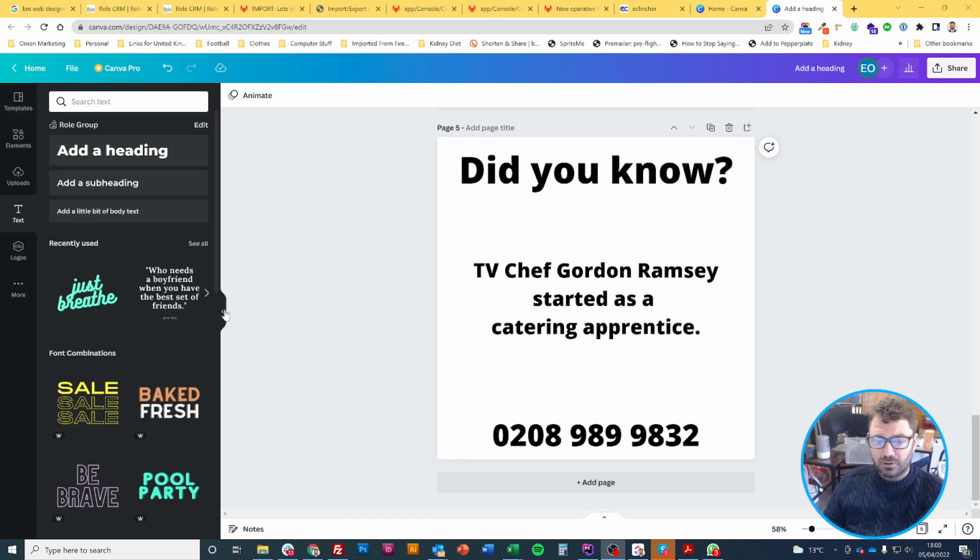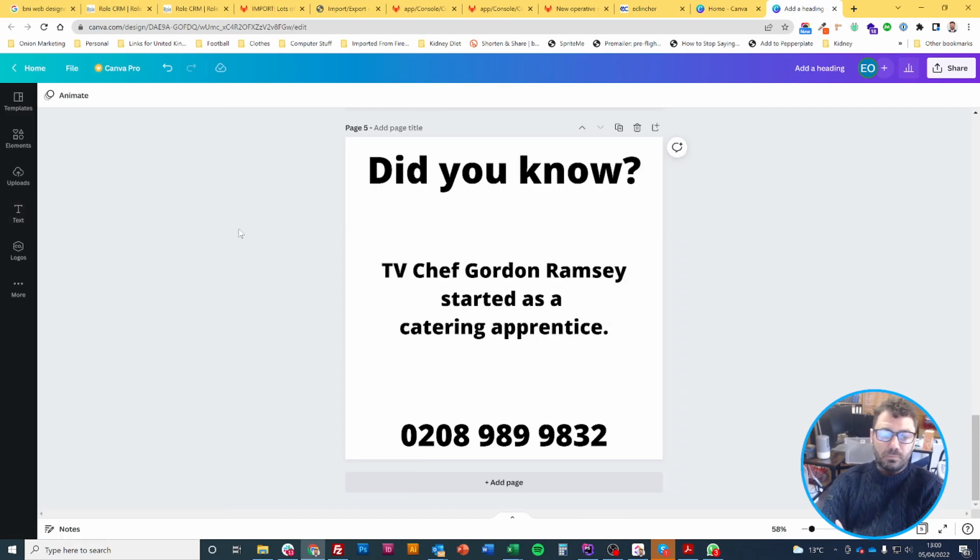So grouping is a very important part of design, and grouping is where you put elements that belong together. So you can see in this design here, I've got three elements: did you know, TV chef, and then a phone number, and I've just spaced them all out evenly. So one's at the top, middle, and bottom, and that leaves TV chef Gordon Ramsay part just kind of floating a little bit. It doesn't really relate to the number or to the did you know, but it should relate